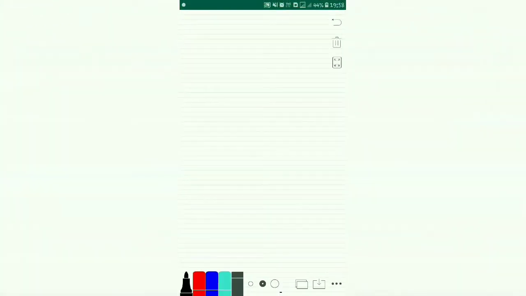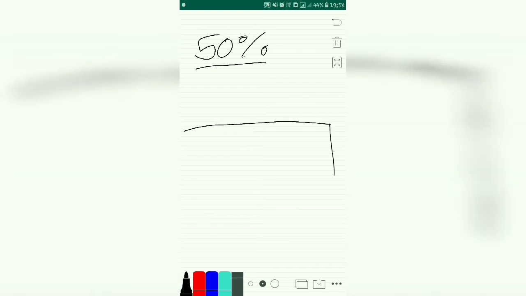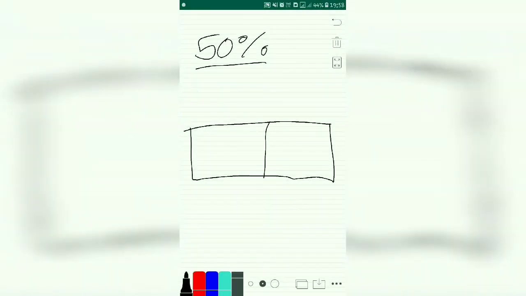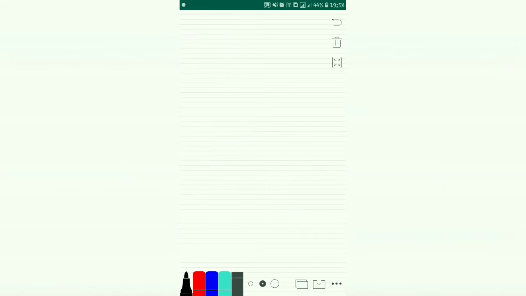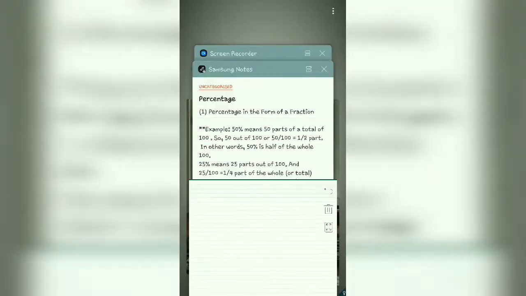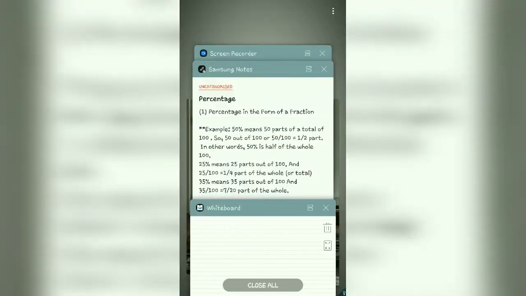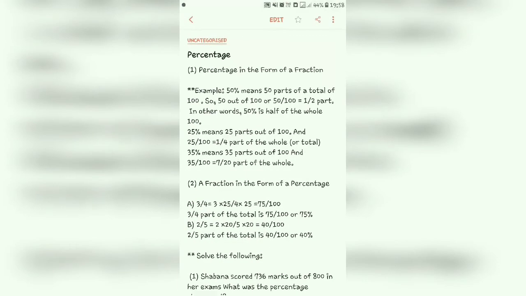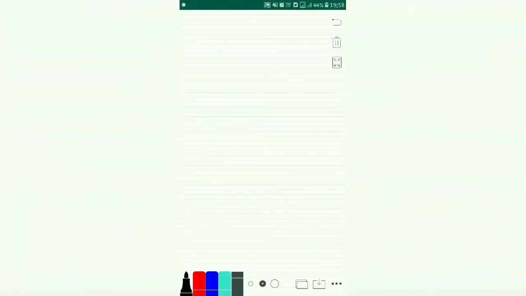We all know that 100 is the total percentage. So 50% is a part of 100. Out of 100%, 50 will be a part. So 50 out of 100, or 50 divided by 100, is equal to half. How is that possible? 50 upon 100,